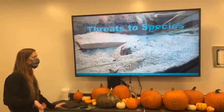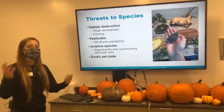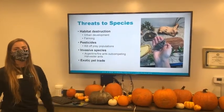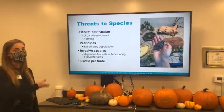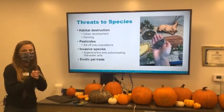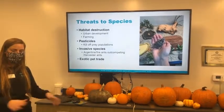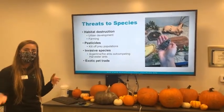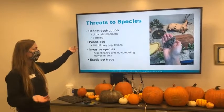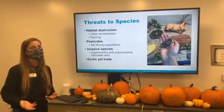So there are some threats to the species, of course. So one thing is obviously when we're building all of our houses and malls and all sorts of things, unfortunately that does take up some of their habitat. So of course that's one thing. Farming is kind of just when people clear big plots of land to plant other things. It kind of changes the habitat and maybe kills off some of the prey species. When they use pesticides, which obviously is no good because if there's no food, then the horned lizards can't live